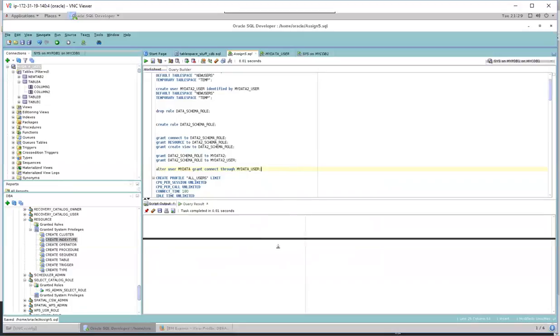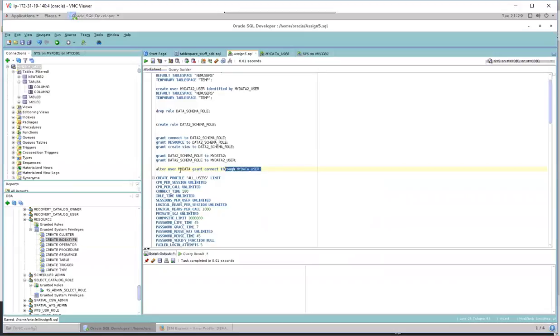So in this scenario here, where we're trying to alter our user, and we just created this my data 2 user, and what we want to do is give the my data 2 user, this user here, and I apologize if those names are confusing, but hopefully you can see here on the screen that I'm talking about two distinct